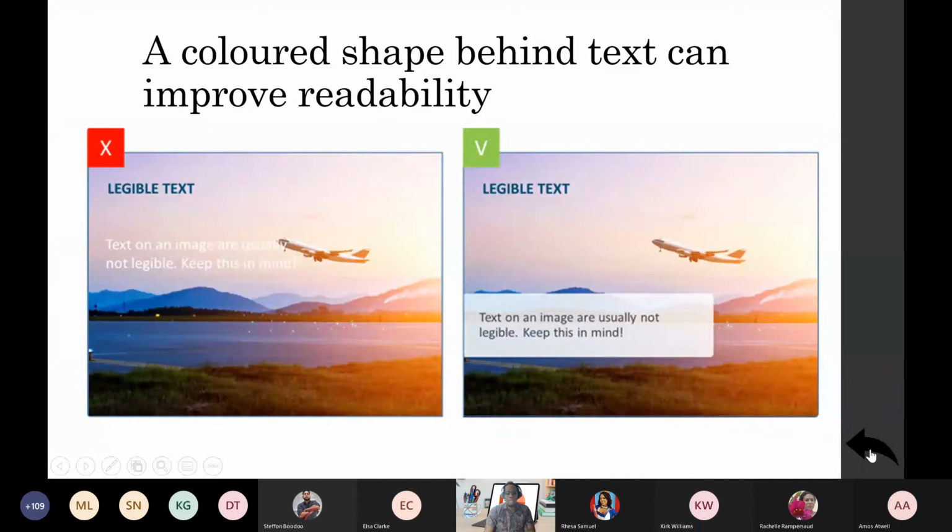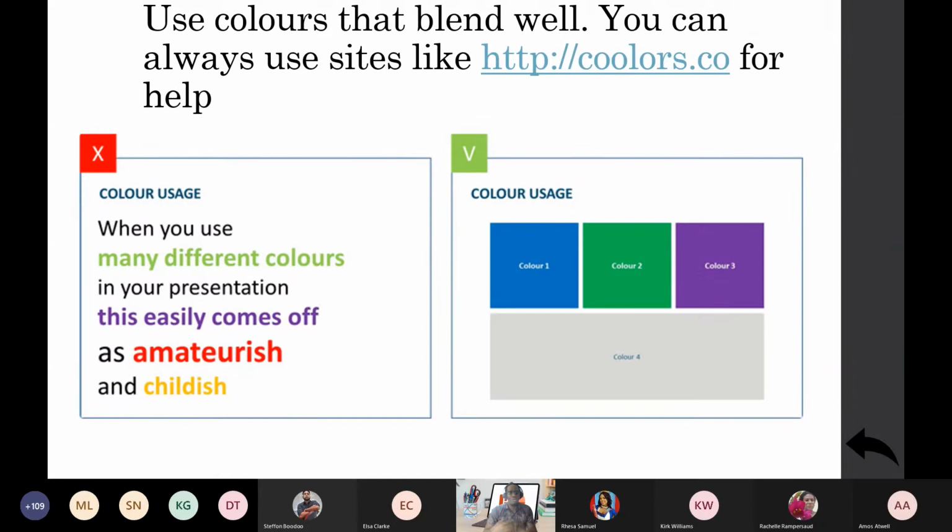The last one that we want to do is be mindful of your color scheme. Sometimes, and I am not very good at integrating different colors, but when you use different colors in your presentation, it comes off as amateurish and childish. If that is your target audience, that's fine. But if not, you could still use colors in such a way that you can have a unified color scheme, and a site like hulos.co will help you